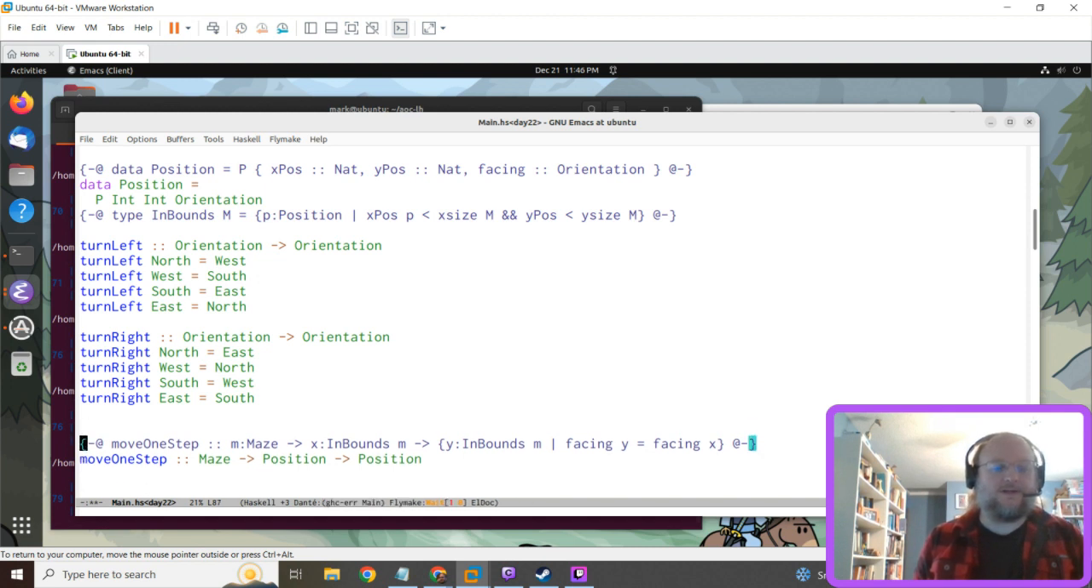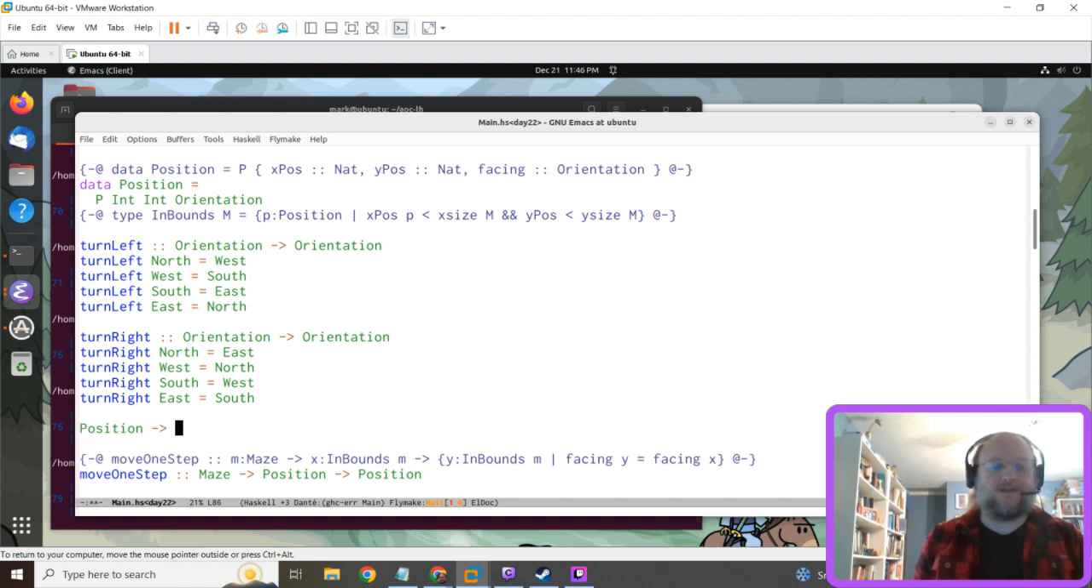So I think we're going to want a utility function which is, given our position, I don't know what to call this yet, return what would be the next